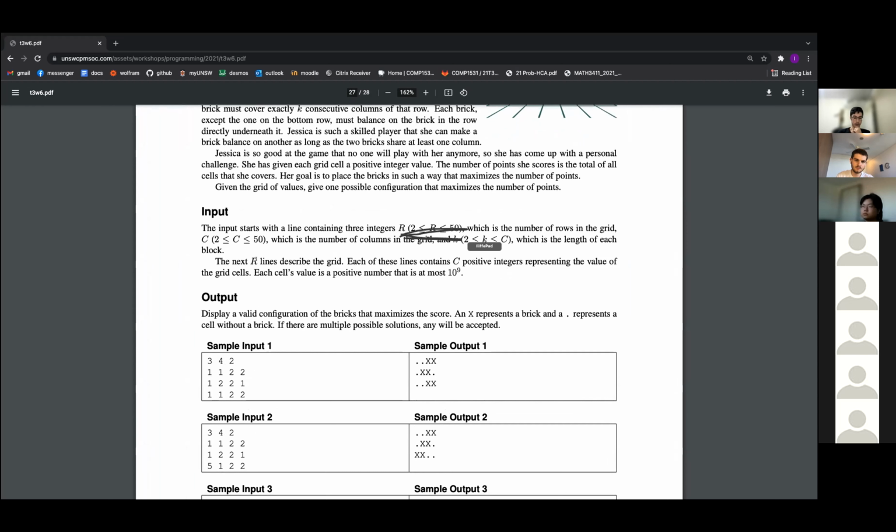Well, your state was where you last placed your block, and it's about R times C. Some states will be invalid because they'll run off the end, but it will be order R times C. You can specify it precisely, it'd be like order R times (C minus K).